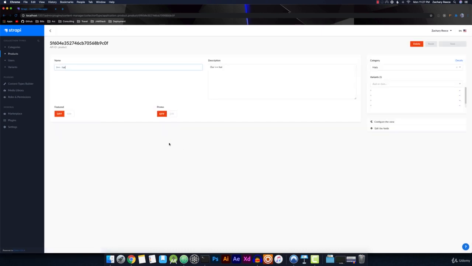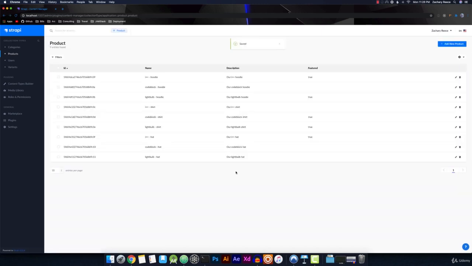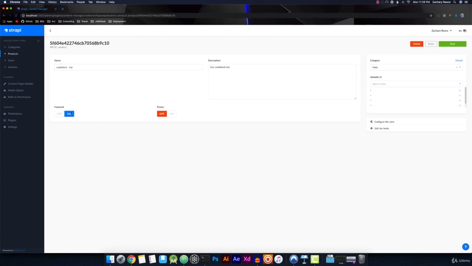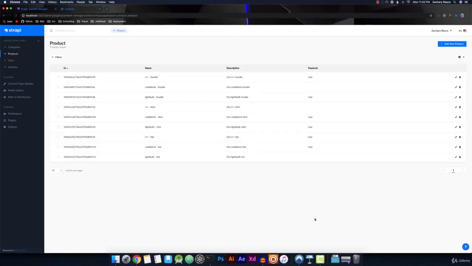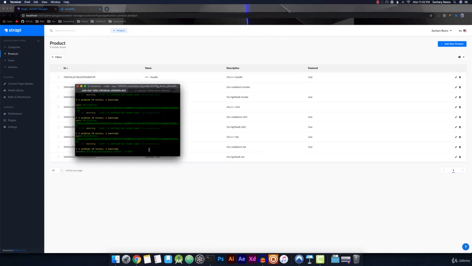And then the I++ hat, featured. The code block hat, featured. All right, and now that we've marked our products as featured, let's go ahead, and if you had the Gatsby